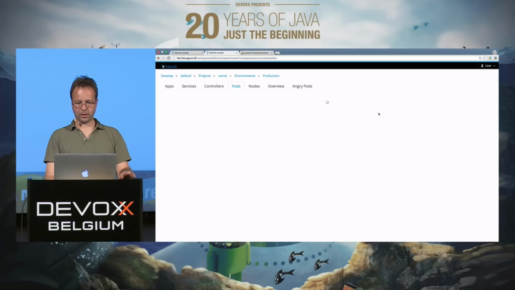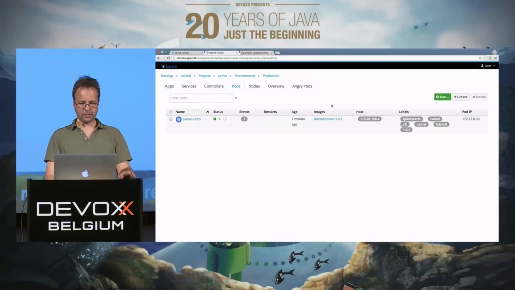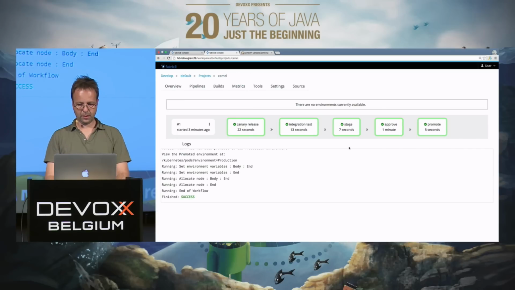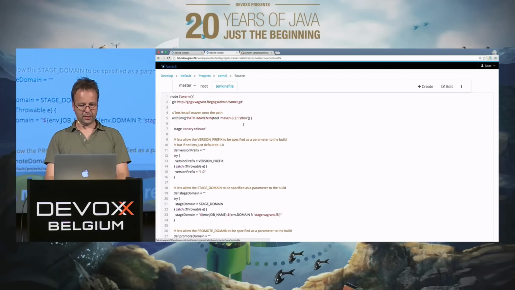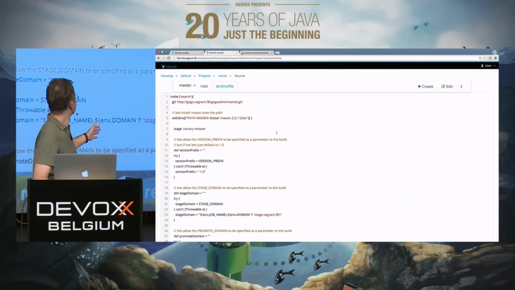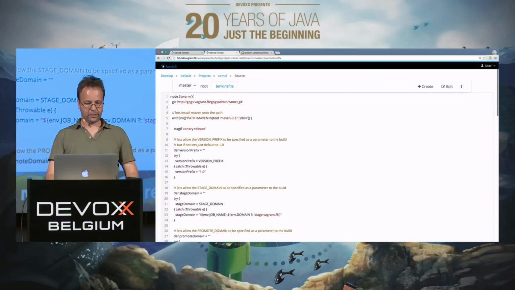I have one last minute left. So now let's go to the project again and have a look at the source. What you see here, for example, is this Jenkins workflow which I mentioned, with different stages.